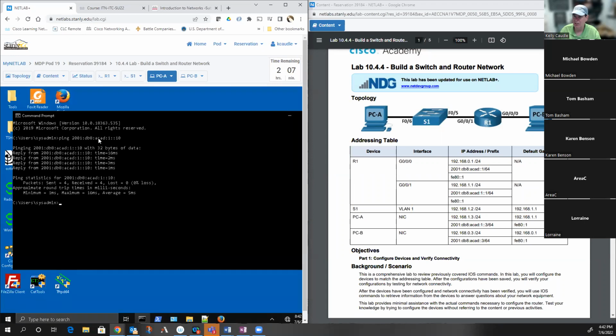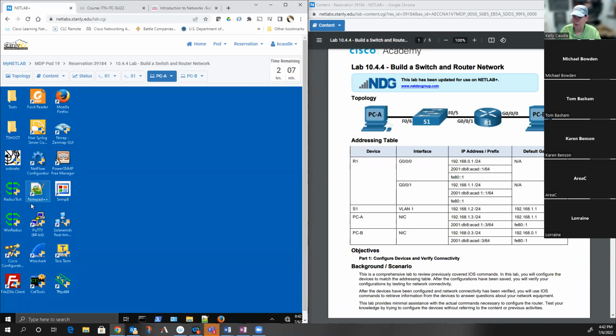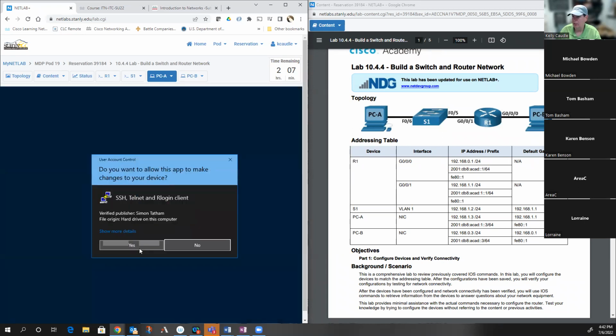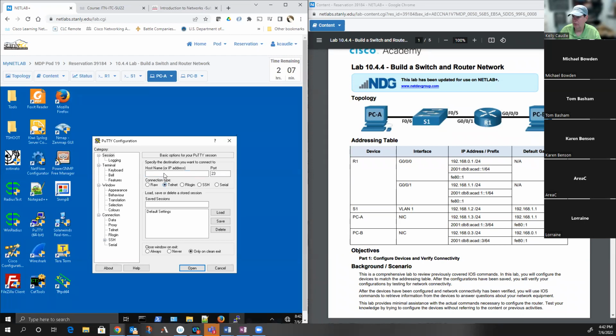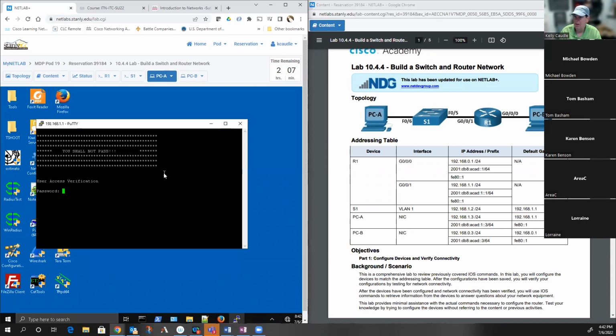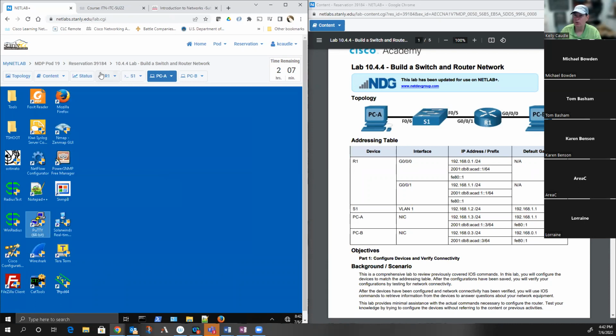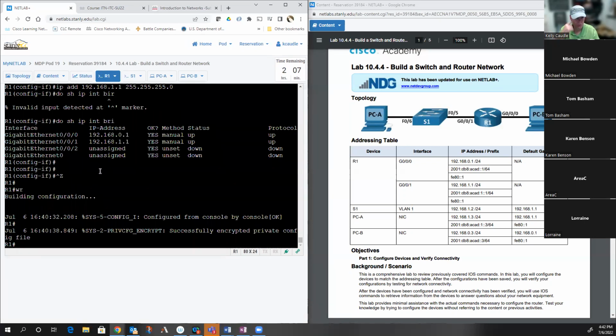Right now, I can telnet actually from PC A over to the switch or to the router. So I can go in here to PuTTY, find my PuTTY, and I can actually telnet to 192.168.1.1. It's going to ask me for the password, which was Cisco. And you can see I'm in my router, but we all know that telnet is evil. It's of the devil, and you never want to use it. So to configure